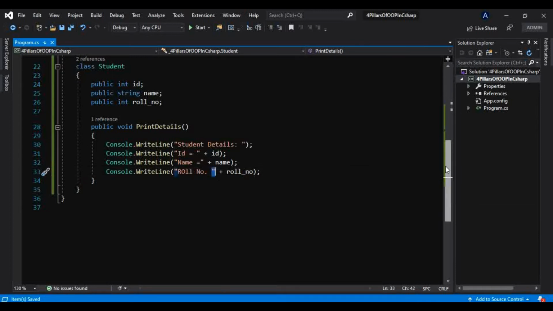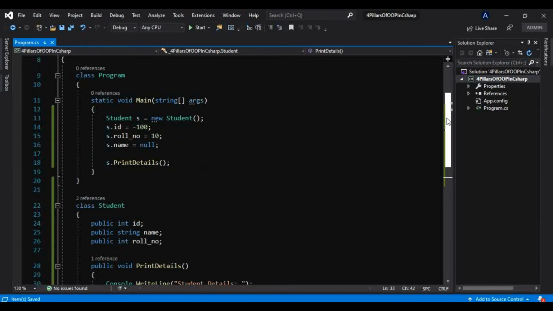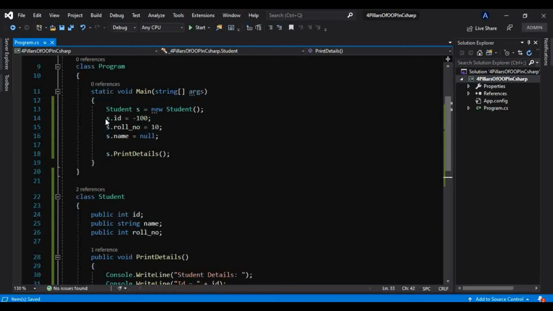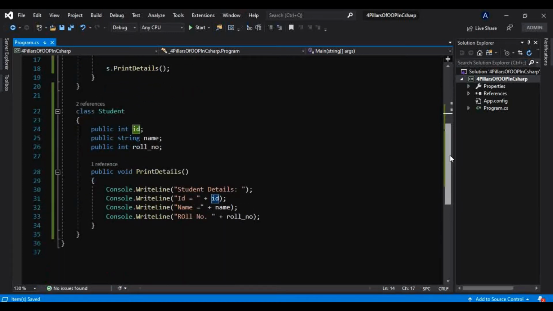Now how do we use encapsulation? I told you in a previous video of this tutorial series when we learned properties. If you don't want these values to be accepted, then we should be in a position to validate this value, and for that we can use getter and setter, which are replaced by properties nowadays.